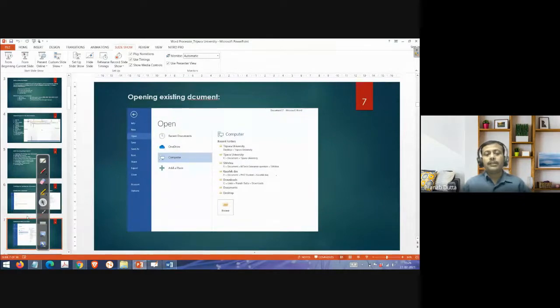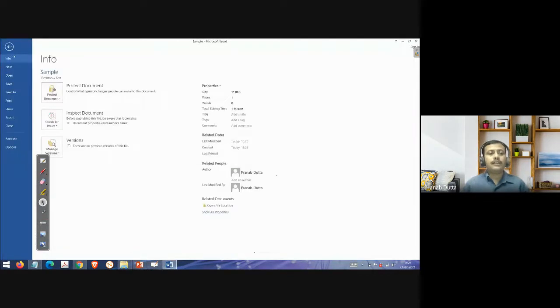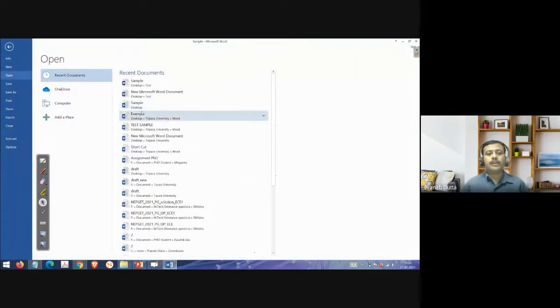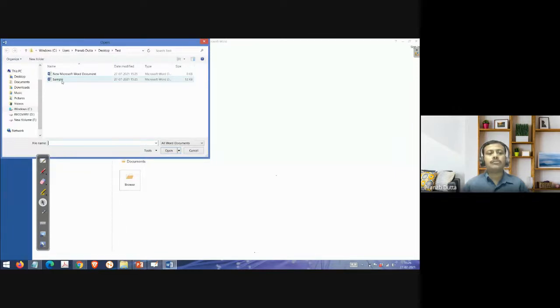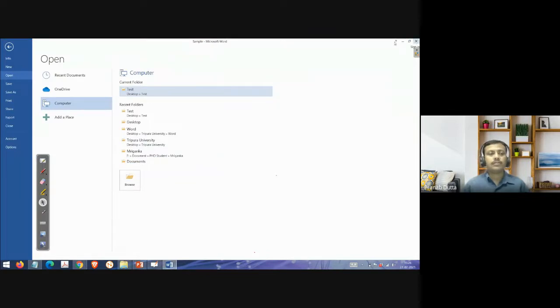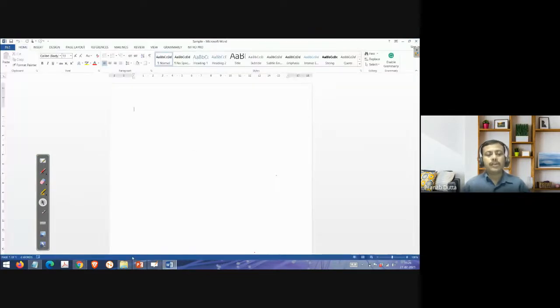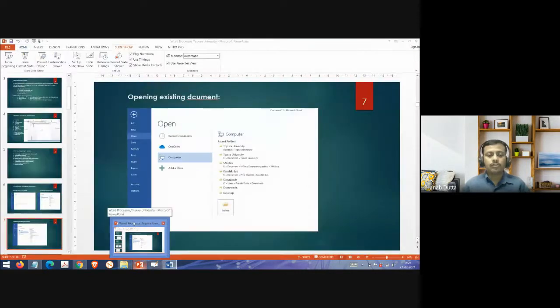how to open it? Suppose you have closed it. Now you are going to open a particular document. So this is also the same way I can go there. You go to the file, and you go to open, and you go to the particular location and click the file you want to use. Here, in recent documents, a lot of files are there. Suppose in the sample, there are two files. Whichever one you want to open, you can directly open that one. So this is how we can open and close a Word document. Okay.